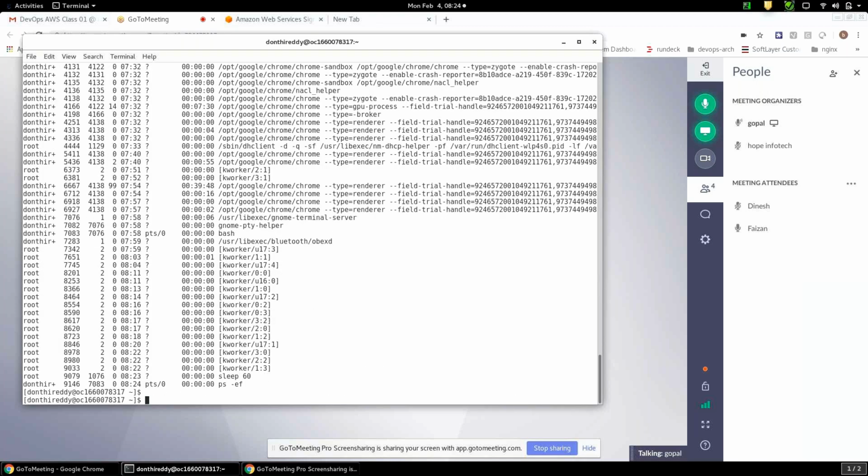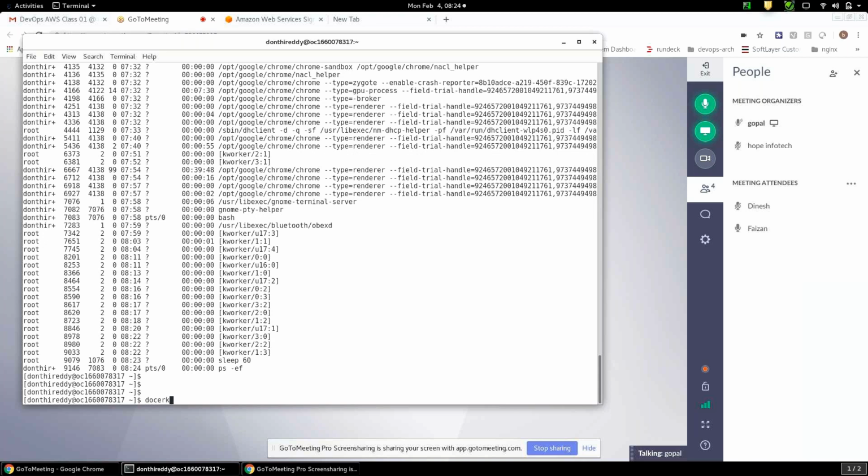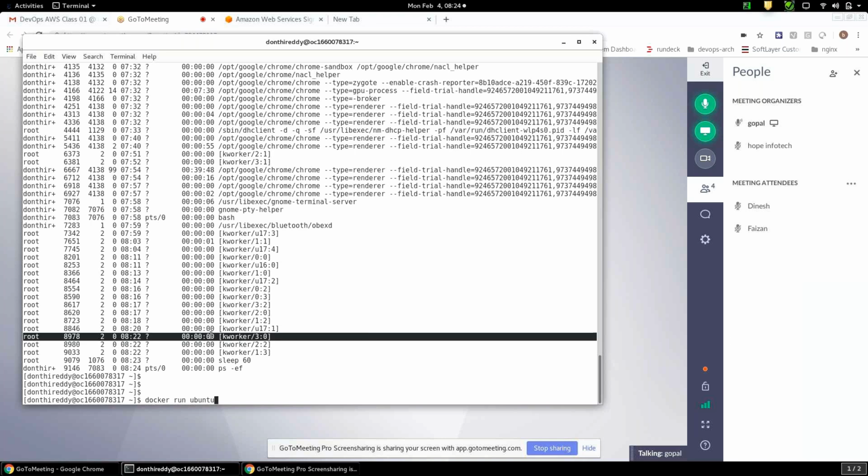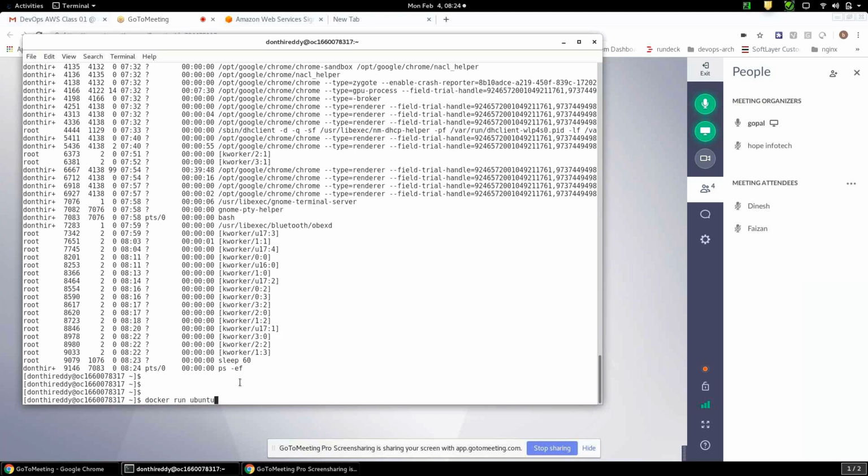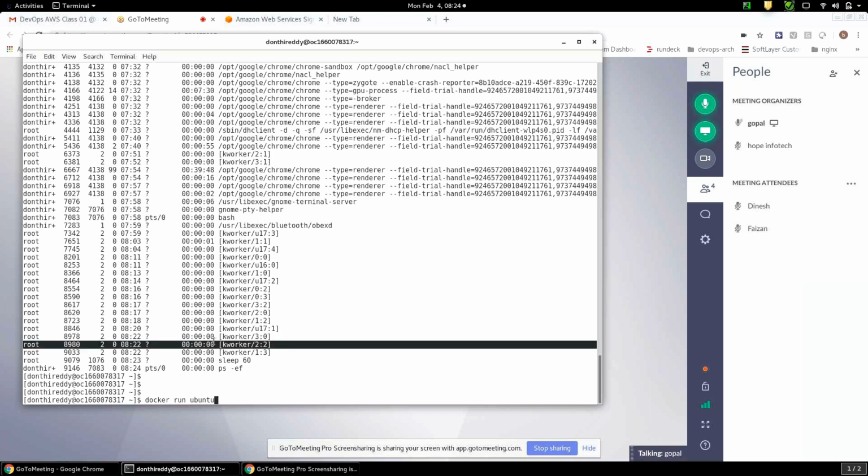When you do docker run followed by your image name, like ubuntu, it will create a container. This container will come up using your process. A single process will build a single container. That's the beauty of Docker.